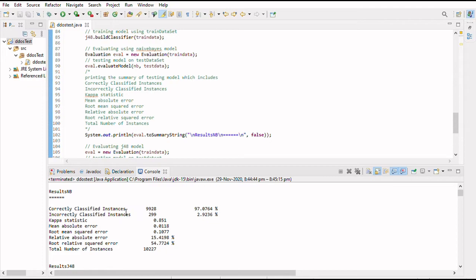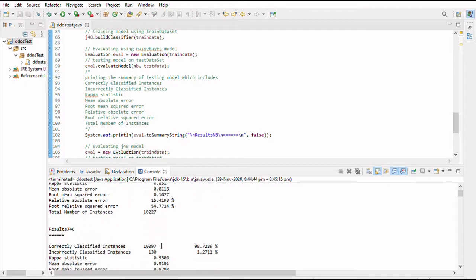Number of incorrectly classified instances is 299, which is 2.9236%. Kappa statistic is 0.851. Mean absolute error is 0.0118. Root mean squared error is 0.1077. Relative absolute error is 15.4198%. Root relative squared error is 54.7724%. And the total number of instances is 10,227.